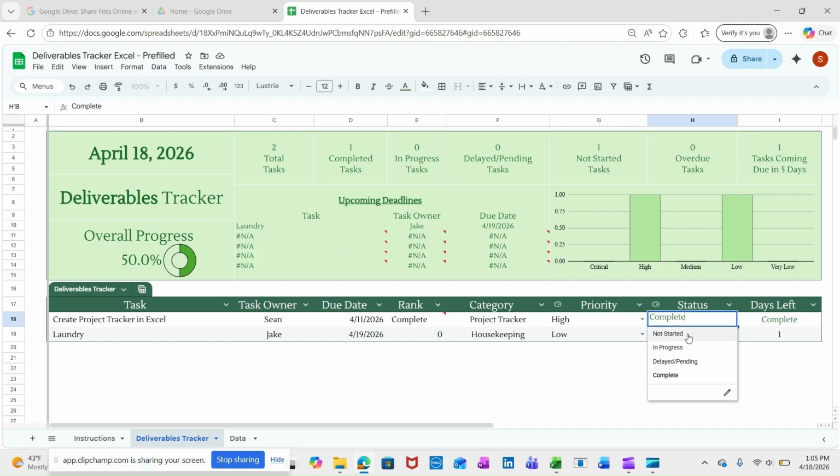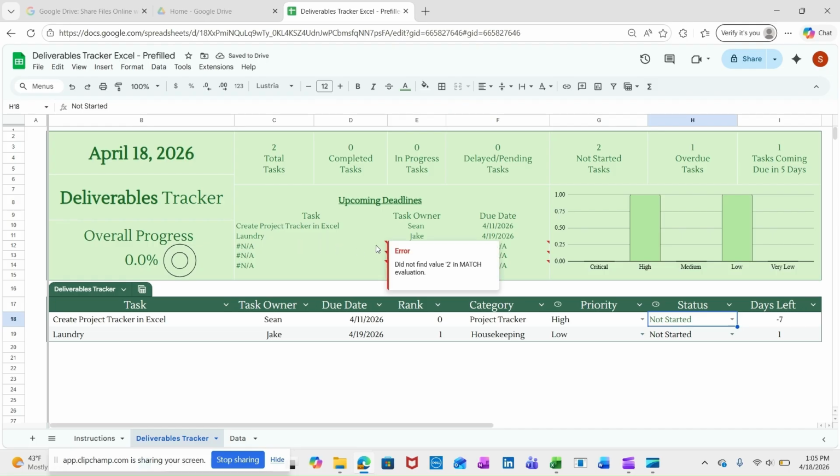Let's see if we did change this to not started. This information will go here. You don't have to worry about any of these little errors. They will just disappear when you have at least 5 tasks in there that are not complete. But yeah, so if I was